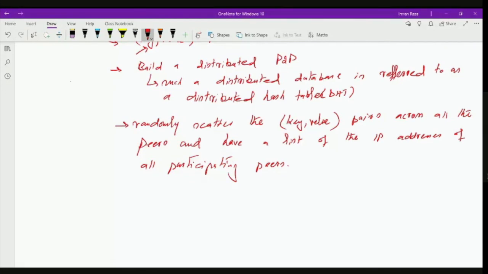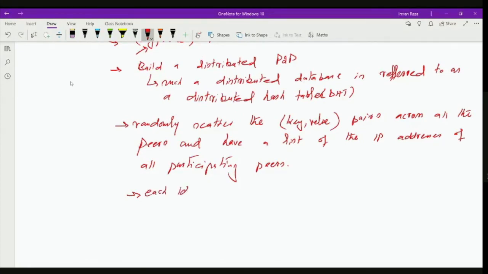So there's another way to do it: instead of using IP addresses and maintaining the IP addresses of all the machines or peers, I will use an identifier, and each